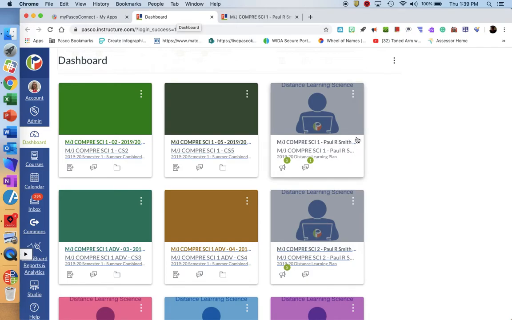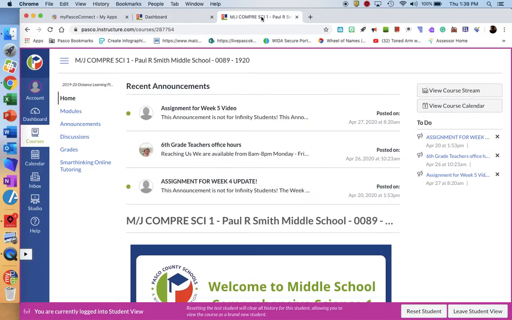We're going to look at a 6th grade distance learning science course today. I would select that tile and it would take me to the home page. As you can see, I'm in the home page for the 6th grade science course, and on the left there is a menu that has a link for grades. I'm going to select the grades link,